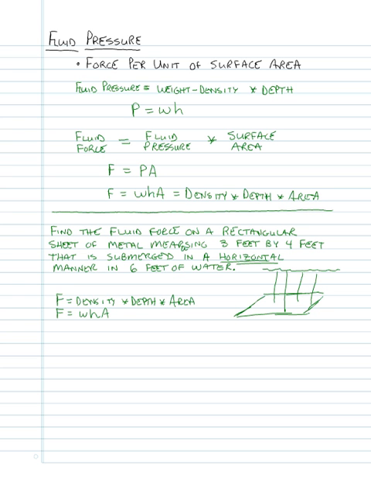Well, we have to remember from things that we've already done, the density, which is more or less the weight of water, and in this case we're assuming fresh water, the density of fresh water is 62.4 pounds per cubic foot. So our force is 62.4 pounds per cubic foot times the depth, which is 6 feet, times the surface area. Well, the surface area of this is 3 feet by 4 feet, so the surface area is 12 square feet. And so as we work through this and do the calculations,